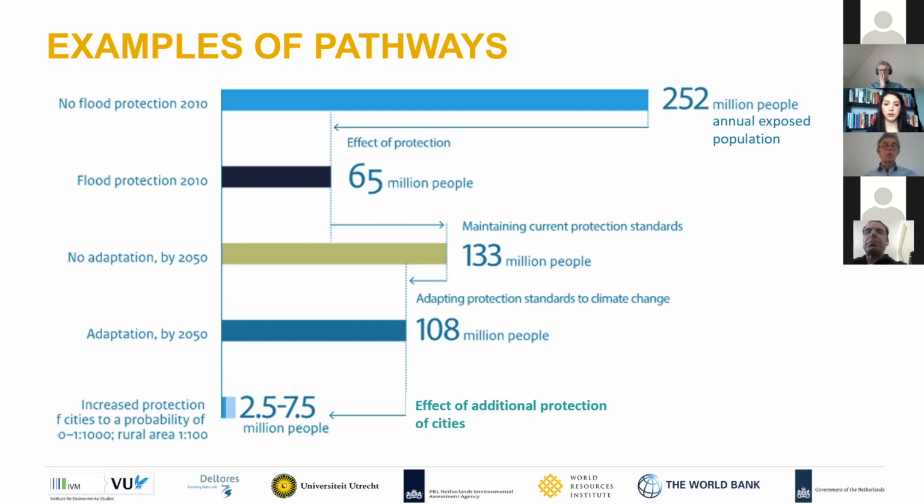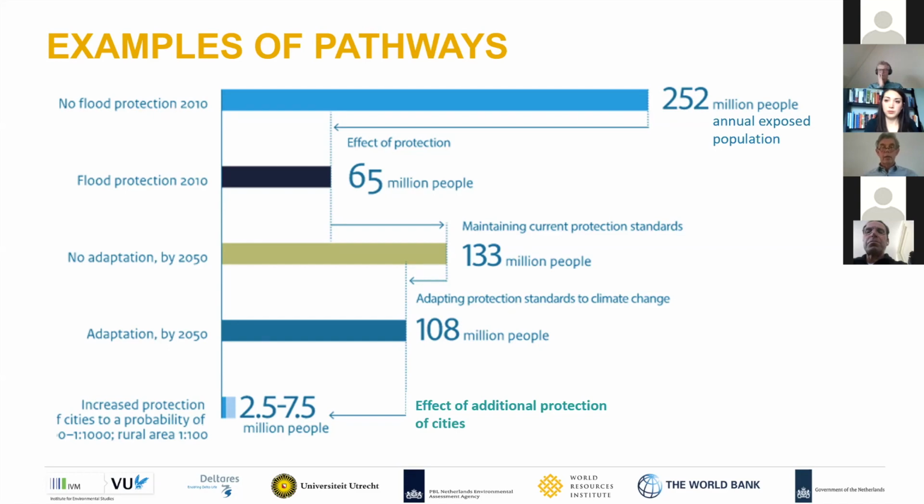Then towards 2015, the green bar, if you maintain the current protection standards and do not adjust them to population growth or economic growth, it will increase to 133 million people. So it will almost double. And if you adapt to climate change, so only adjusting to climate change, then there's a reduction to 108 million